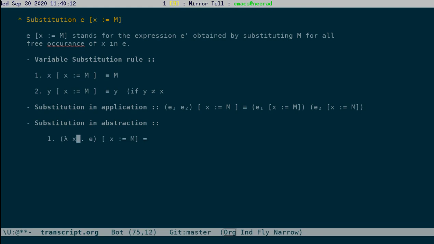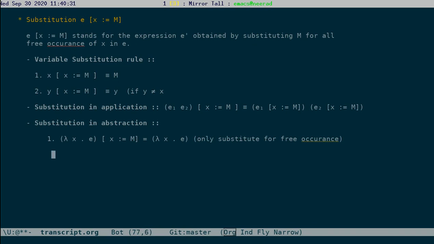So this is the same as lambda x dot e, because we only substitute for free occurrences.